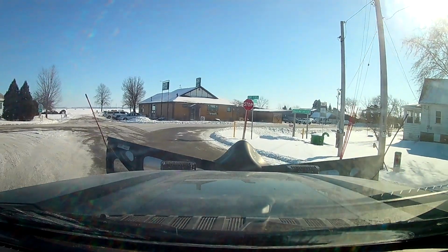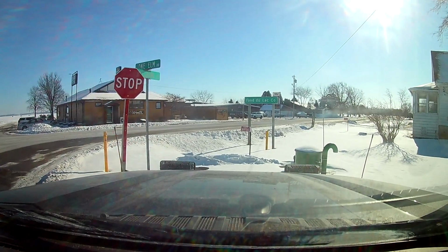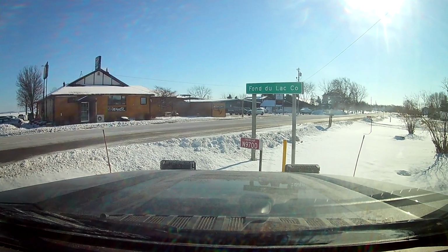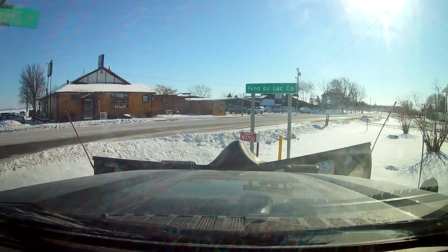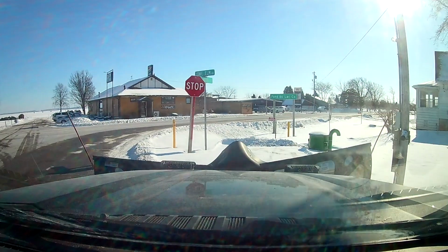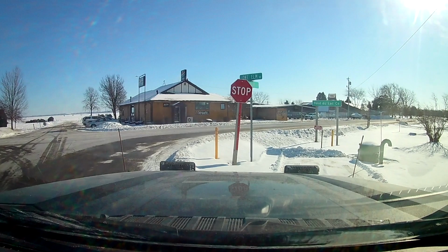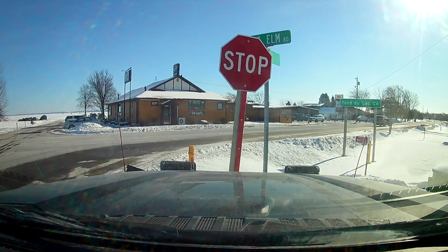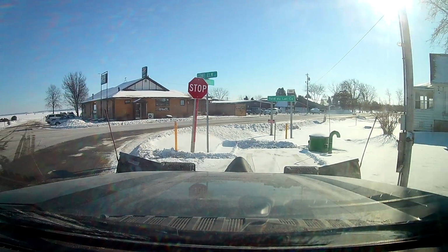If you look right in front of me, you see this green thing. And what that is, we're on a big lake right here, and that is basically a connection in the sewer line for the houses that are on this lake road right here. Now, I guess you kind of take it for granted that somebody has to plow these little things, and I